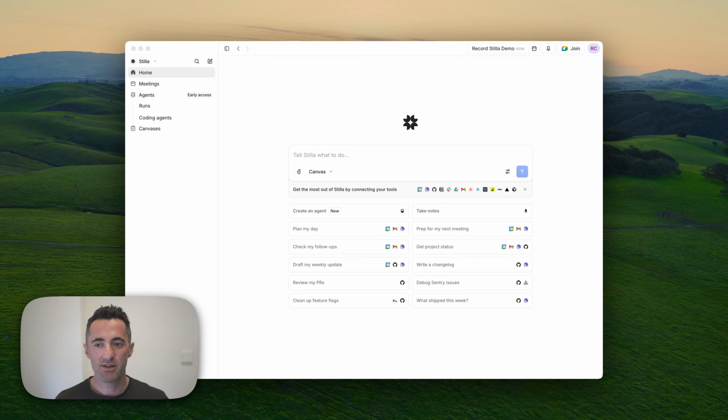AI agent. And a lot of our customers, when they first saw Stilla, said, we already have AI agents. We started building some of this in-house. Most of them, within a matter of days, ended up switching entirely over to Stilla simply because of the depth of the integrations, while still being extremely easy to use.